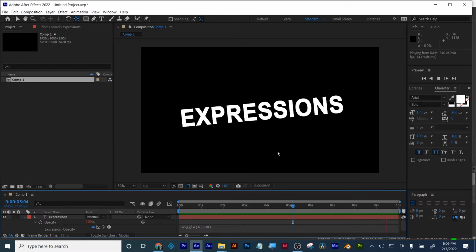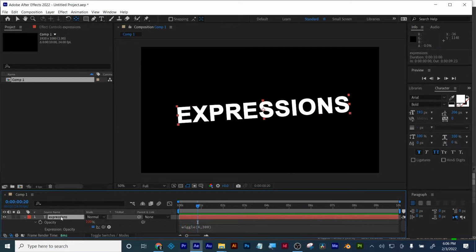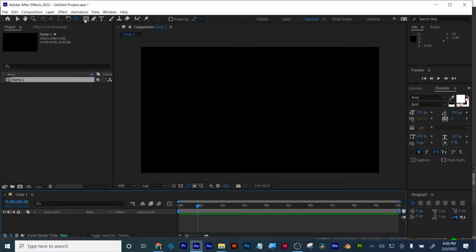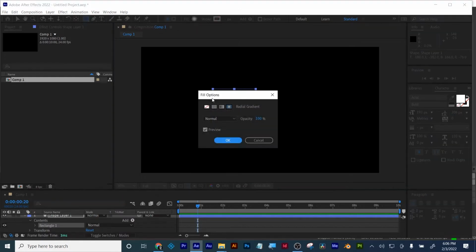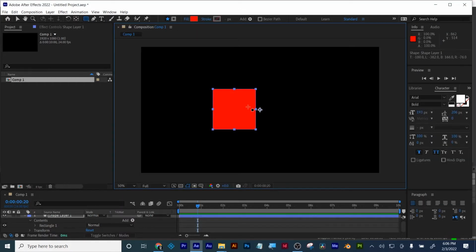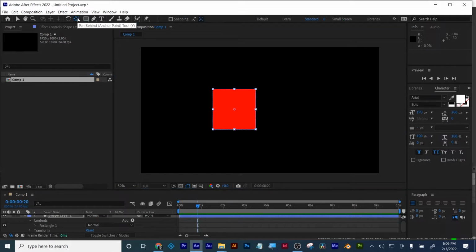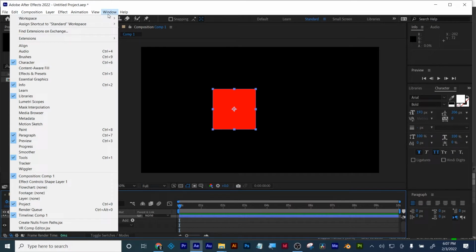Okay, so without further ado, I'm going to delete this. And I want everyone to just draw a square on their computer, please. And just put the anchor point in the middle. And remember, the fast way of getting the anchor point in the middle is to, with the layer selected, hold down Command or Control and double click on your pan behind tool. Now, what I'm going to want you to be doing is go Window,